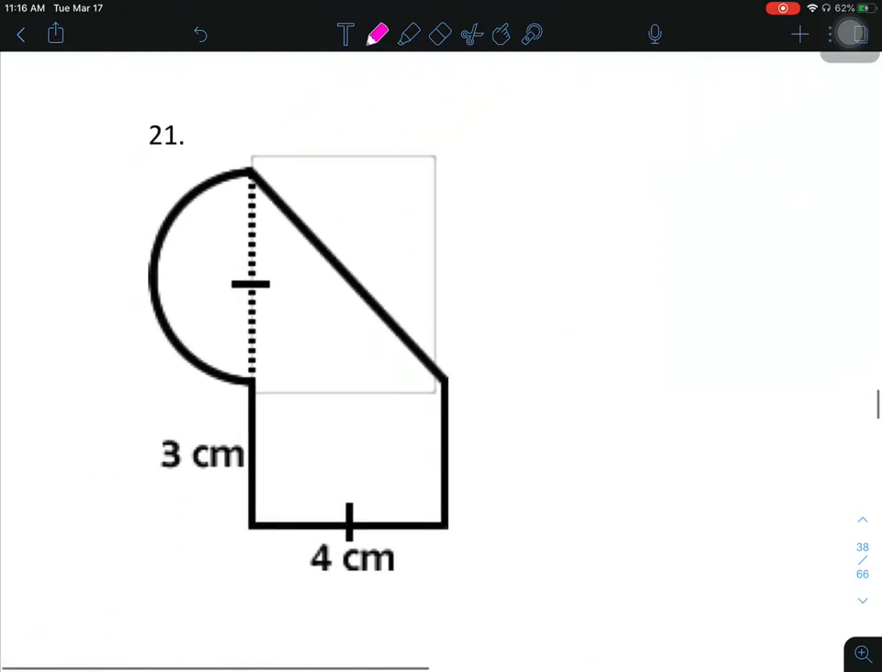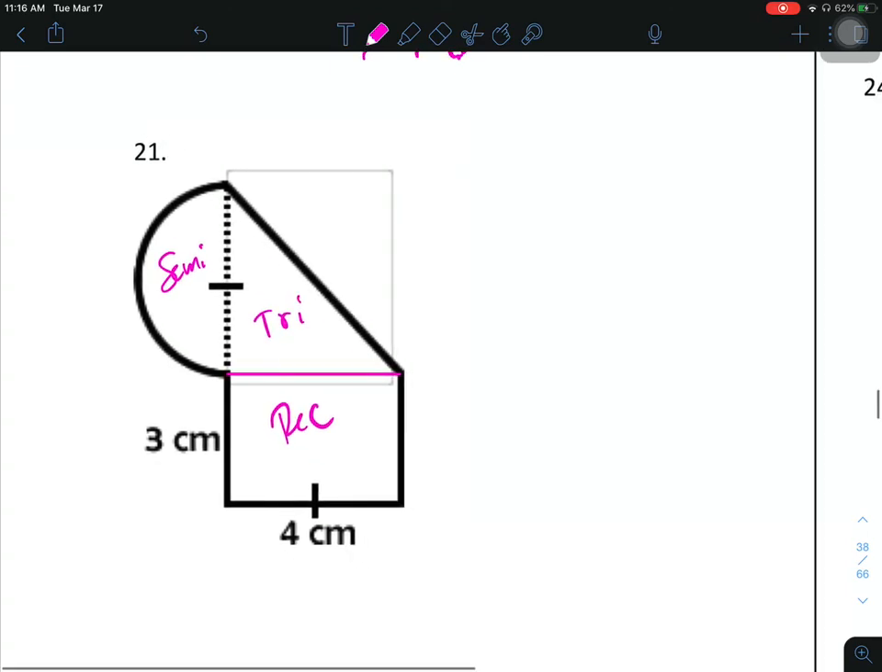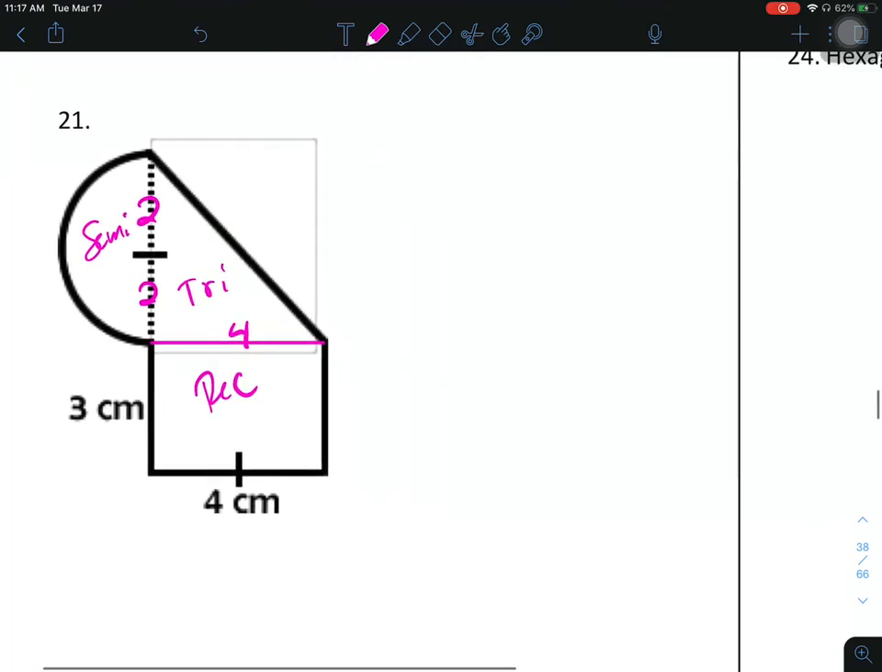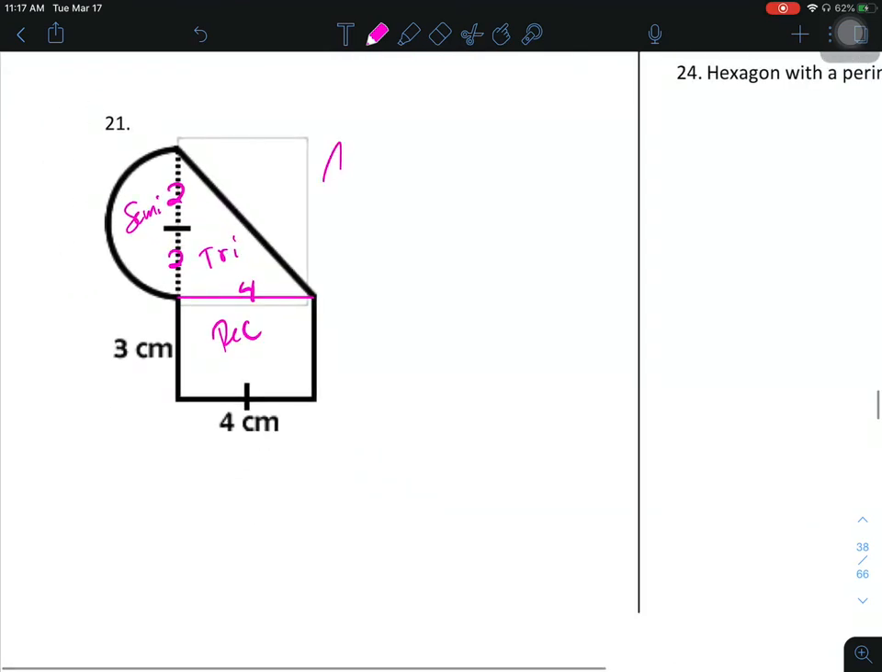21. Boy, it just never ends. Just never ends. We got a semicircle, a triangle, and a rectangle. And this is 4 because they're parallel to parallelogram. So that makes the radius here 2 because 2 and 2 is 4. To find the area of this figure,